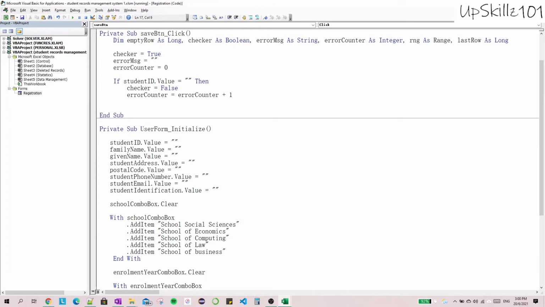Alright, so what this means is that it will add 1 to its existing value, 0, and give it 1. So as we check each of the text boxes for family name, for email, we'll increase the counter number as well. And then the error message that we want to display to the user equals